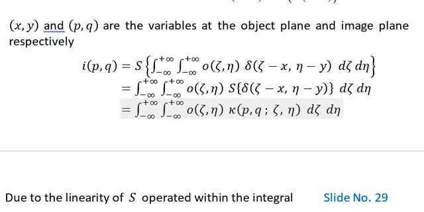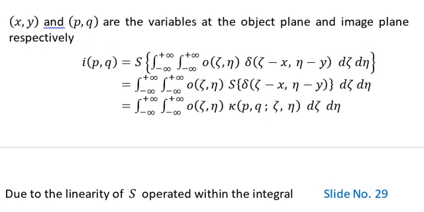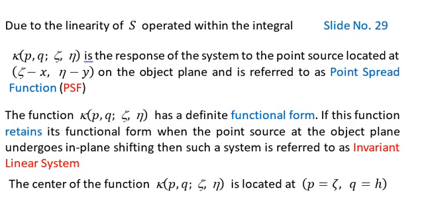So the superposition of this quantity on the right hand side will give you the quantity on the left hand side at a single point P and Q. Okay, now due to the linearity of S, it operated inside the integrals as we have described earlier. So kappa, which is P comma Q semicolon zeta eta, is the response of the system to the point source